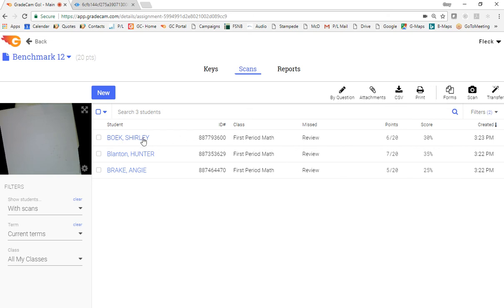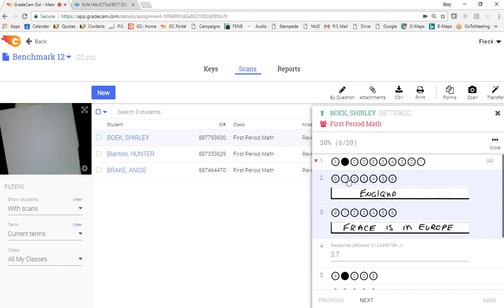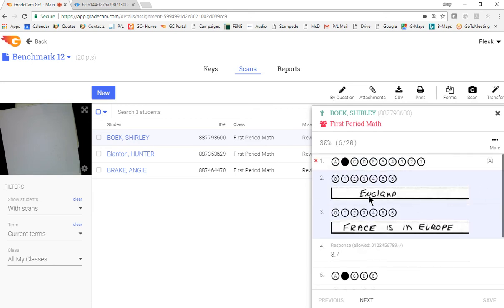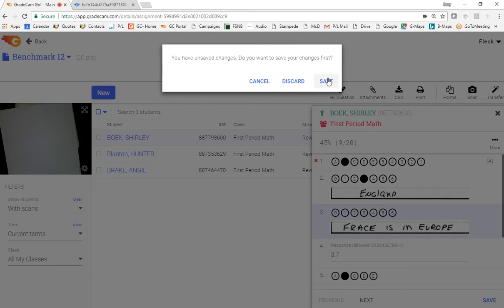I can do that either individually for a student by clicking on that student's name, and here's that student's answers that they filled in so that I have their handwritten answer, and above it, the rubric that I created so that I can bubble in what they've earned for those questions. Optionally, and let me X this out,